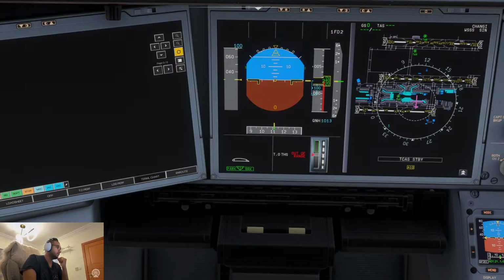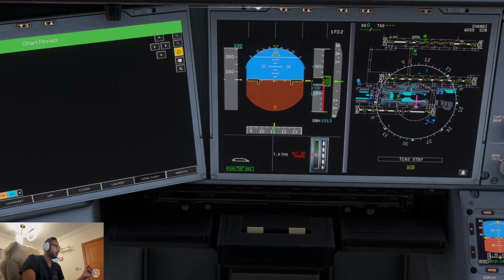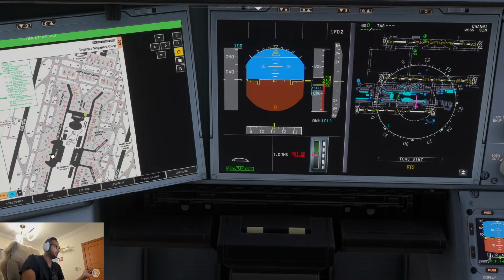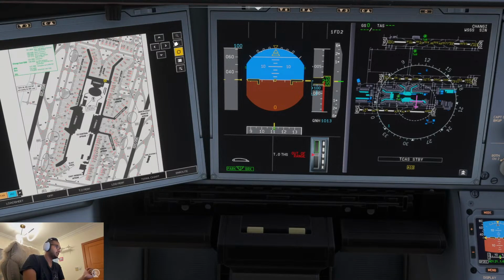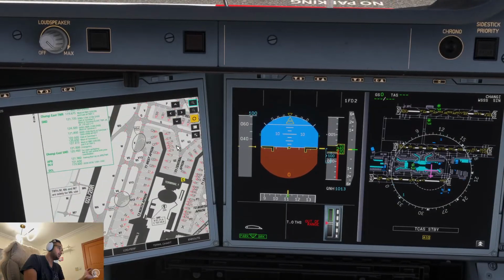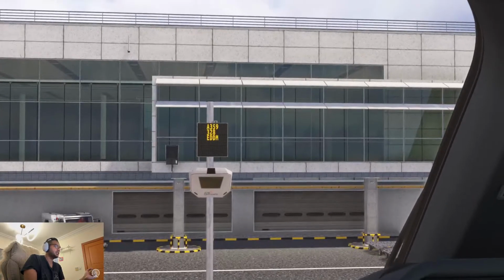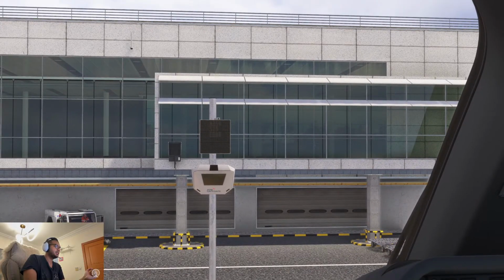For our charts today, because this is also Lido, you'll be able to follow me through on what I'm talking about. APC, we're going to use APC 1, which is where we are, somewhere around here in Terminal 3 at Changi, and I believe we are on stand